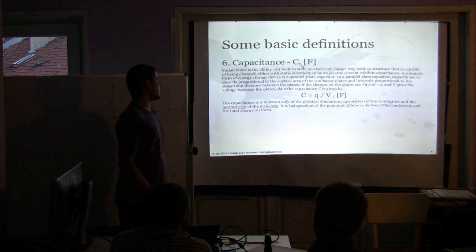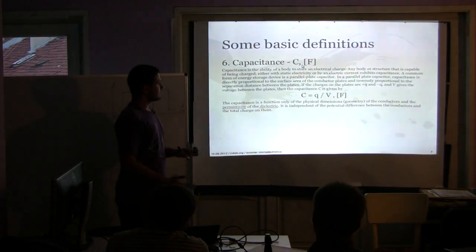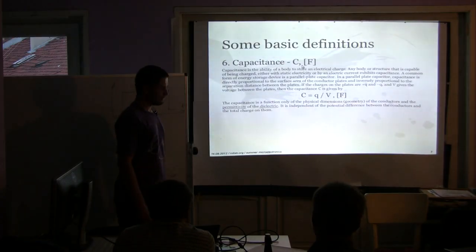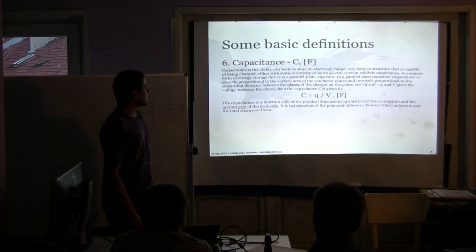The parallel plate capacitance is directly proportional to the surface area of the conductor plates and inversely proportional to the separation distance between the plates. So if we increase the distance between the plates, the capacitance will be smaller. It's not obvious here from this formula, but